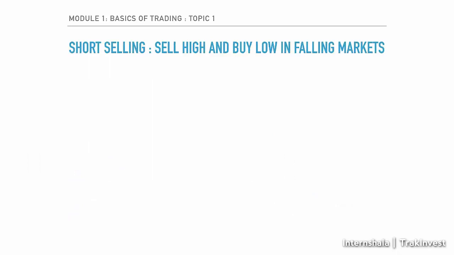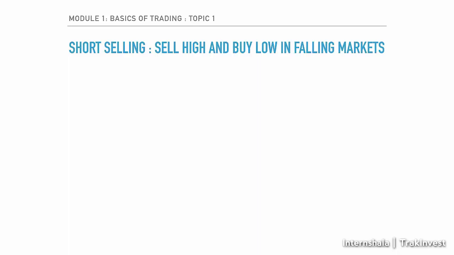Now the inverse of a normal trade is called a short sell. This happens when you sell high and buy low. Why is this done, you may ask? Why would anybody want to sell first and then buy later? Now this usually happens in a falling market. If the economy is on a downturn and the stock markets are falling, you still want to make money, right? So how do you make money off falling markets? In that case, you sell high and then buy low in falling markets. So you take advantage of this price movement and make profits.